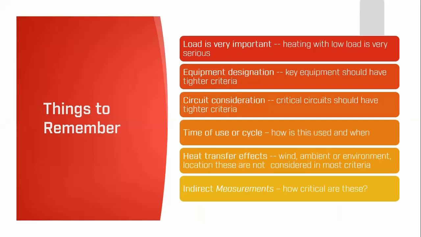Circuit consideration takes into account the position of this component in the circuit. So the circuit may be very important but have non-essential elements within that would compromise the circuit integrity. The time of use determines the amount of heating we see, but relating it to the cycle of use, a 50% duty cycle would image much differently than, let's say, 100% or continuous. And understanding the environment and cooling effects. The application of these and the overall effect on how we image this component will affect our evaluation in many